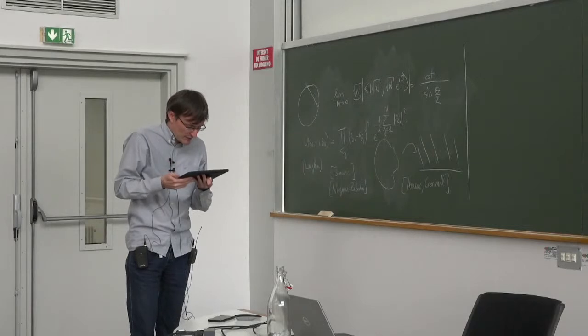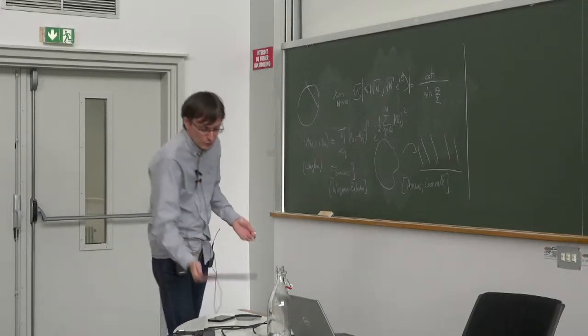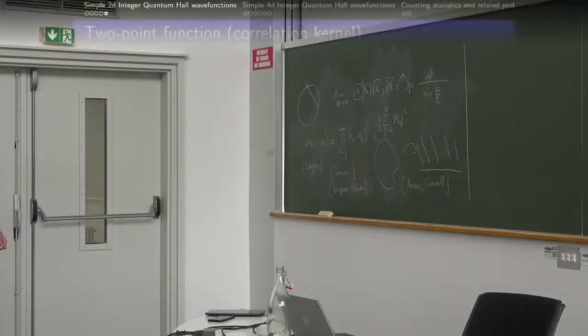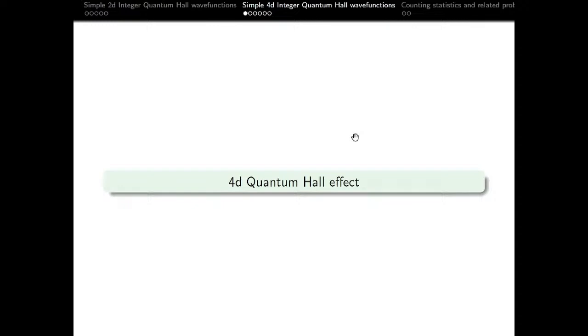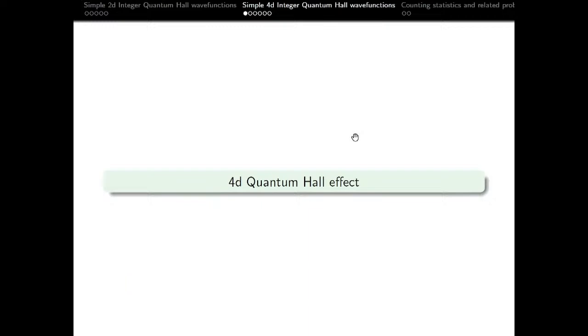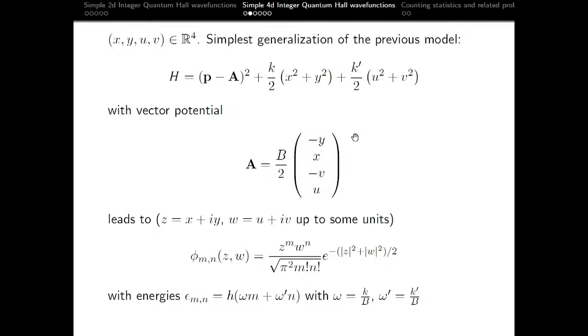Okay, and what motivates this work is a simple try to generalize this to a similar model that could happen in 4D. While staying very pedestrian, the point of this talk is not to make big claims about 4D quantum Hall effects and stuff like this, but I will try to find the simplest generalization to 4D of the model I talked about, and I will apply the same logic. I will be motivated by edge physics and edge physics only.